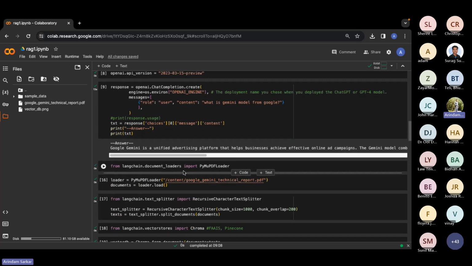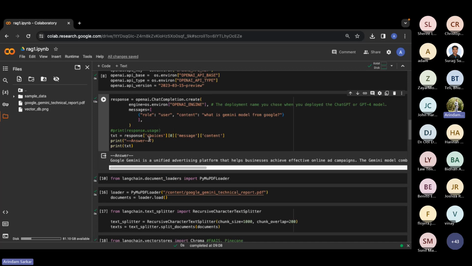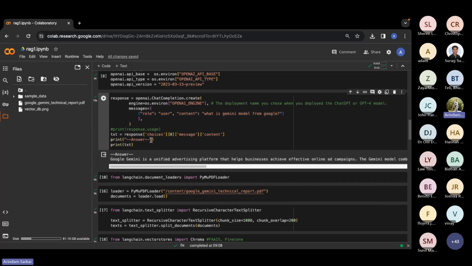So that is one example where I tried to show you that ChatGPT is not able to answer, but how can you make it answer on, let's say, the research paper that you are reading right now, right? It will be a lot of help. Let's say you are doing some research, or writing some paper, or maybe not a research paper, anything, maybe you are reviewing something. For a human, you always have queries in your mind. If you can get the answers, maybe those doubts get resolved, right?